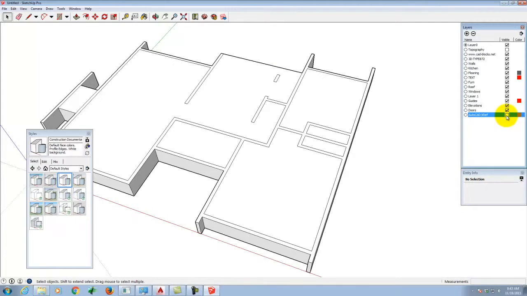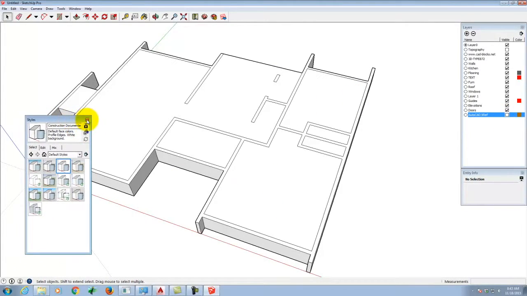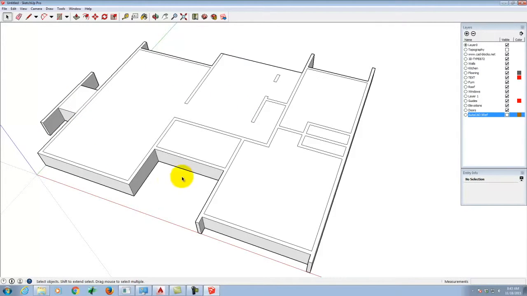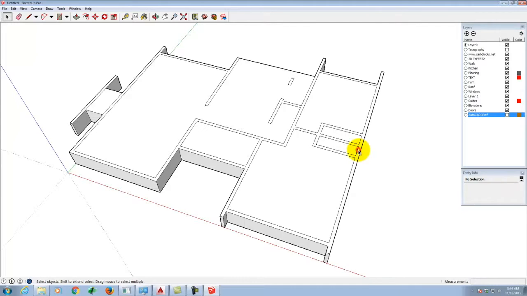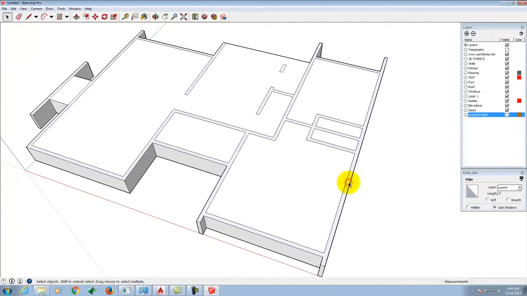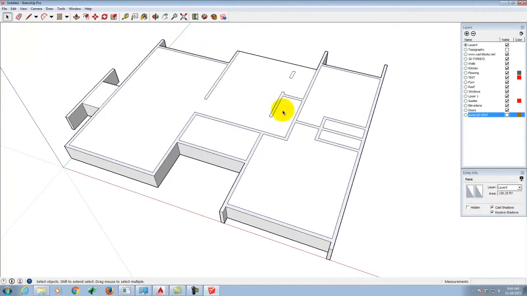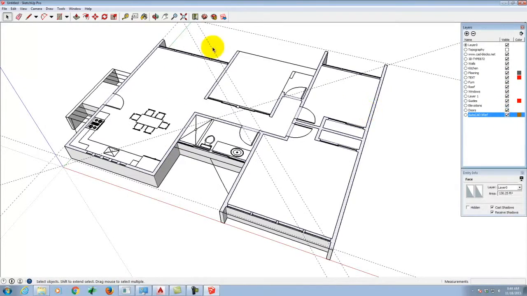All right, so now we're looking at this, and I'm going to close this styles window. I have the bulk of the walls established. Okay, so I can then select on the surface there, that represents the walls, and I can use the push-pull tool to pull that up. I'm going to use my elevation as a reference point. So I'll use my push-pull tool,